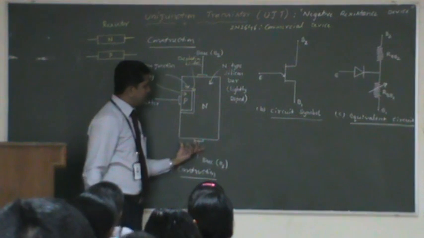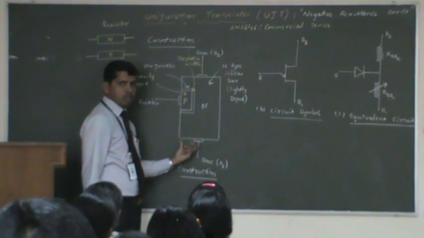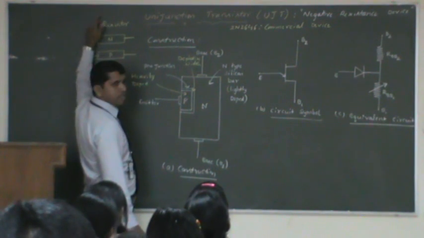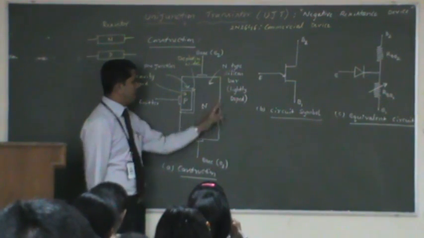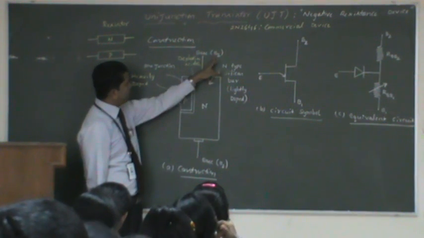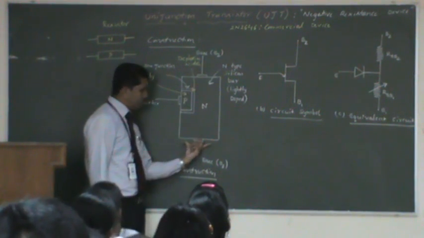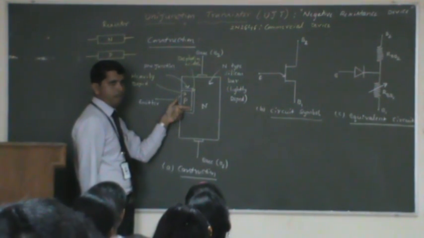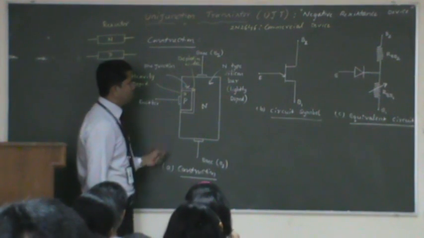Similarly, you can observe here the pure N-type semiconductor. When you make the current flow through this, definitely it behaves like an N-type resistor, since the channel area is going to be of N-type. Current flows from base B2 to base B1, as this behaves like a resistor, and that is controlled by the emitter junction here. We'll see how this can be controlled.